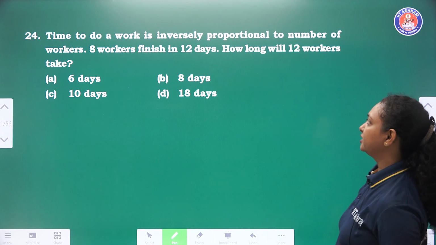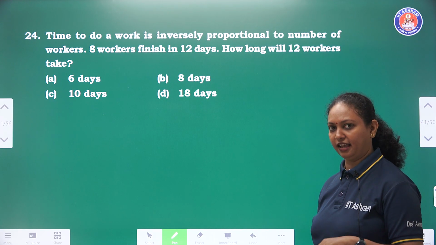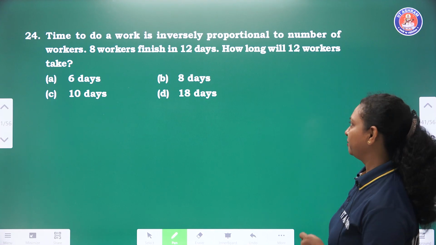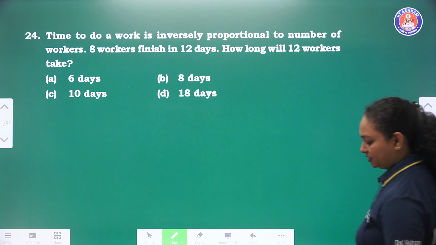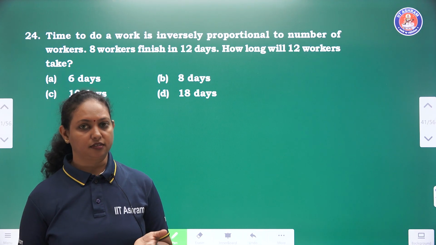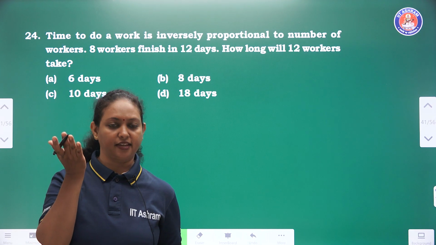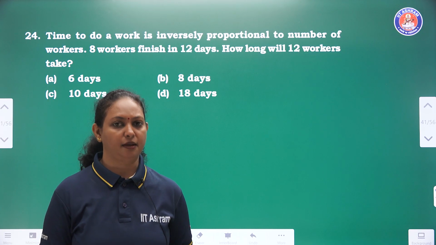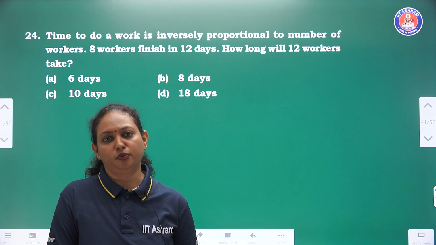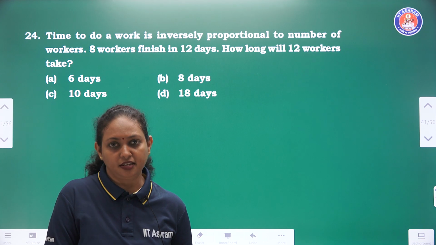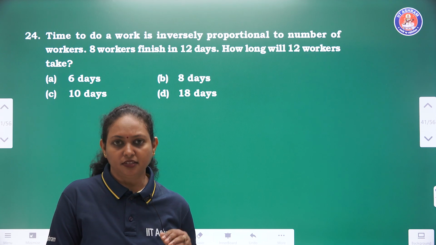टाइम टू डू अ वर्क इज इन्वर्सली प्रोपोर्शनल. एक आया डायरेक्ट, दूसरा आया इन्वर्स. राइट. साथ साथ में है, ज़्यादा टाइम नहीं लेंगे. इन्वर्सली क्या होता है? इन्वर्स प्रोपोर्शन व्हेन वी कंपेयर टू क्वांटिटीज. वन क्वांटिटी इज इंक्रीज, सेकेंड वन इज ऑल डिक्रीज्ड ऑटोमेटिकली. दिस सिंपल एग्जाम्पल, इफ यू रेज द स्पीड ऑफ योर व्हीकल देन द सेम डिस्टेंस कैन बी कवर अप इन अ नियर टाइम. मीन्स टाइम इज लेस.